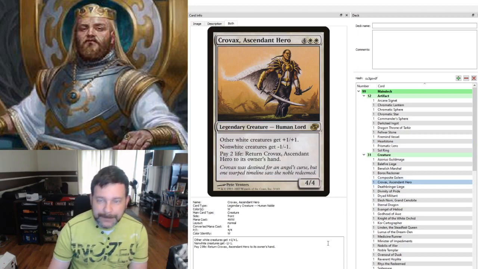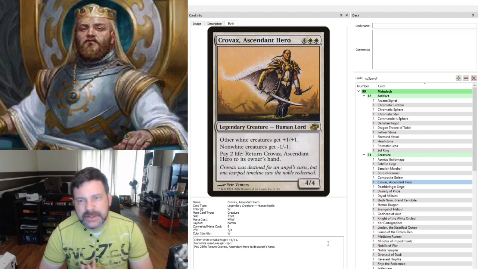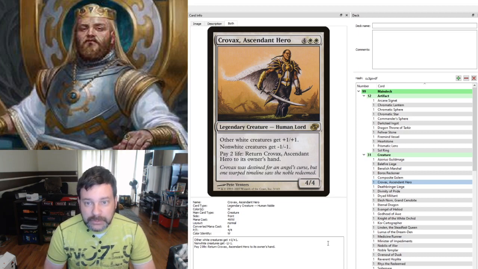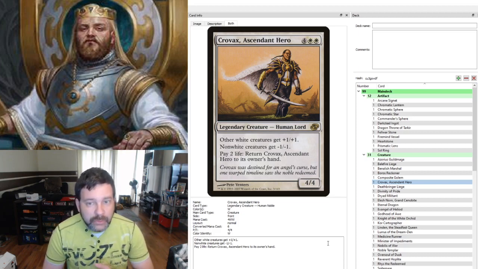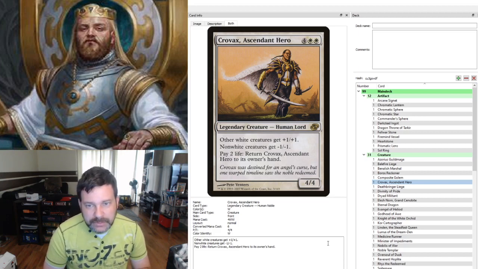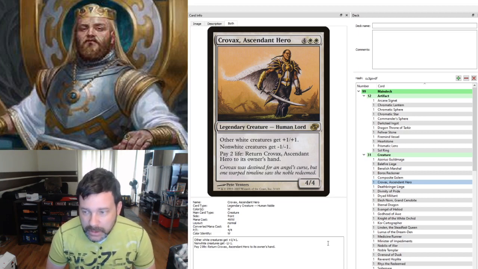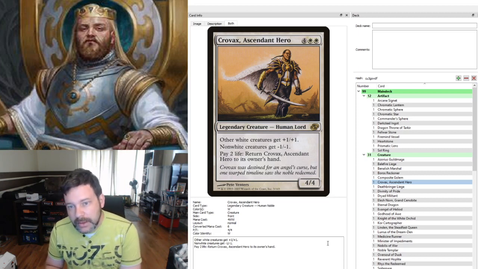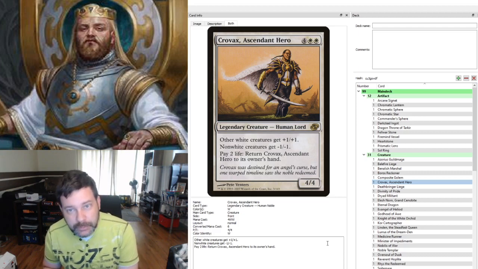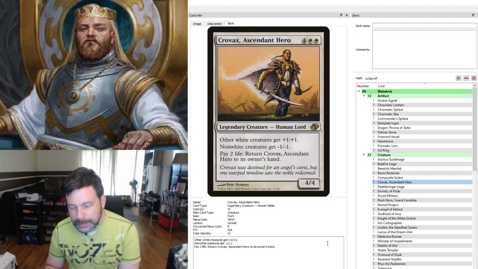Krovax, Ascended Hero. Again, playing with our Anthem sub-theme. It's 6 mana for 4/4. Other white creatures get +1/+1. That's us and our opponents. Non-white creatures get -1/-1. Us and our opponents. The Composite Golem, by the way, is the only non-white creature in the deck. And we can always pay 2 life to return Krovax to our hand should we need to